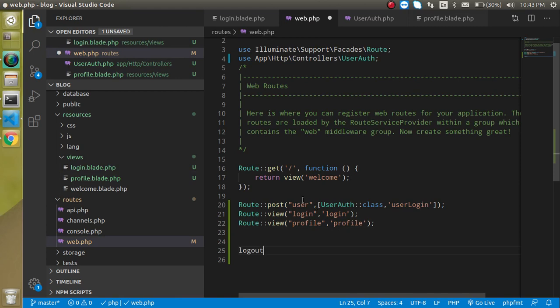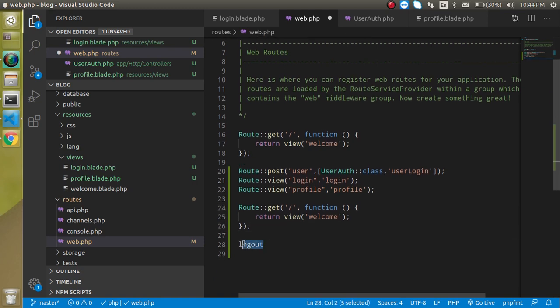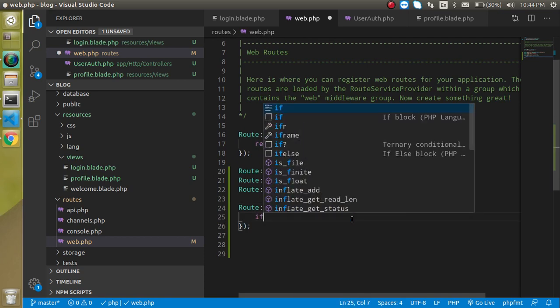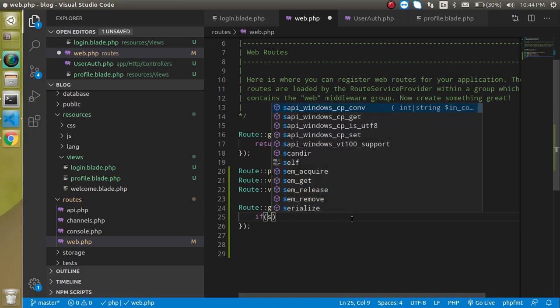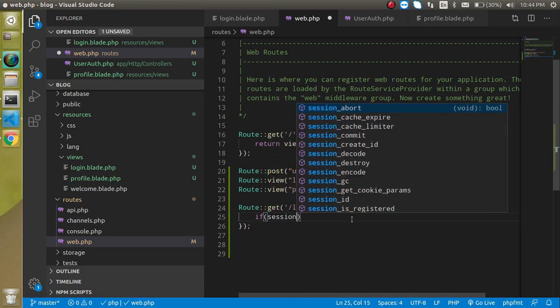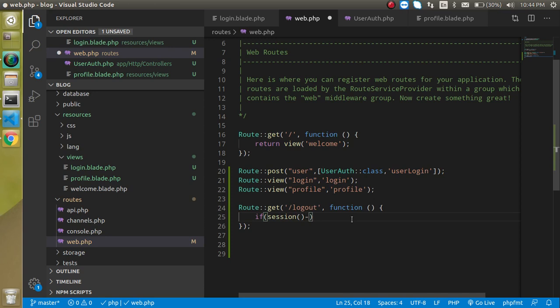So now I'm just going to copy this one so that I can do the code very easily and quickly, right? And now I will just write that if I got the logout, then first of all I will check that if session is a function and another function is has, it has the user key, right?